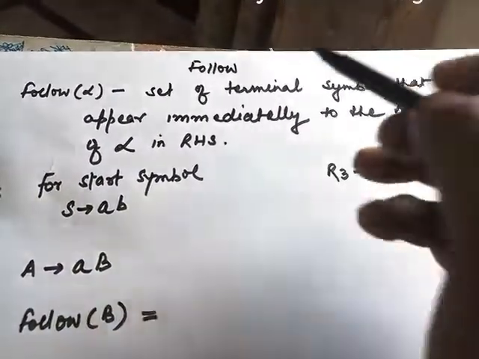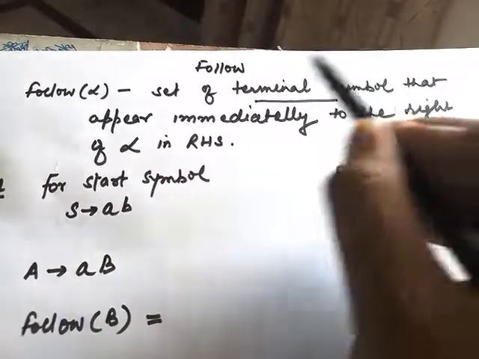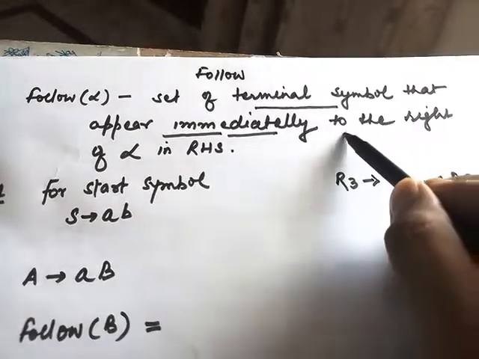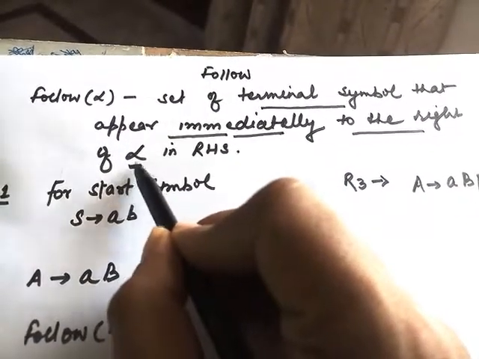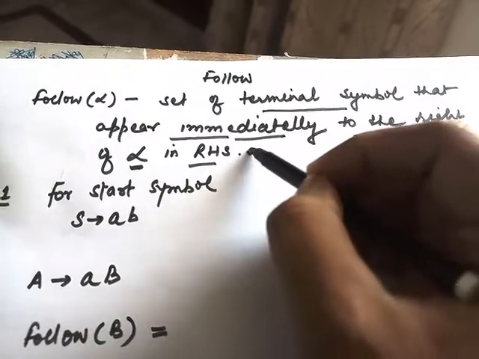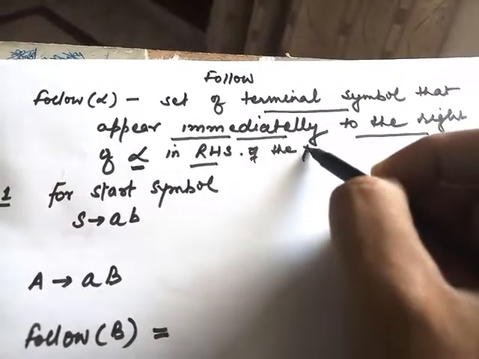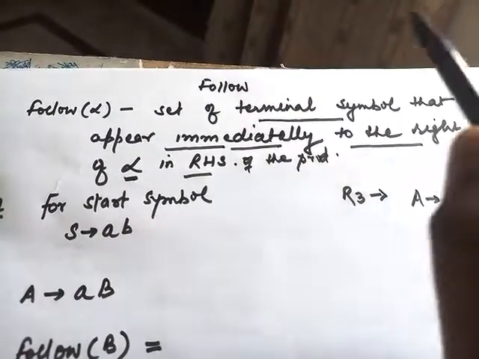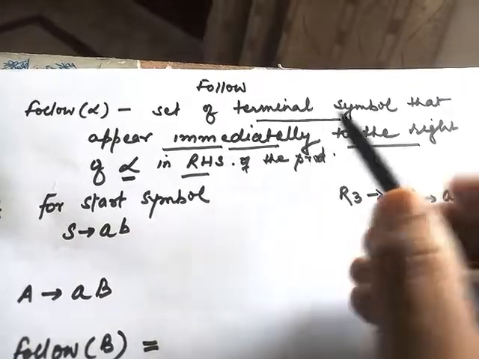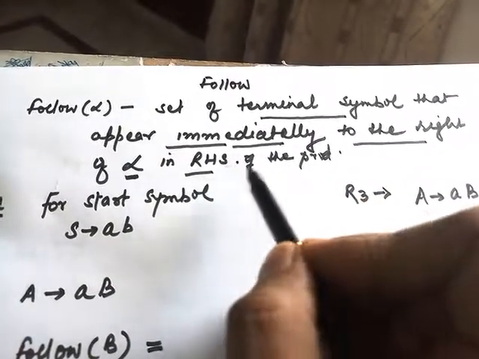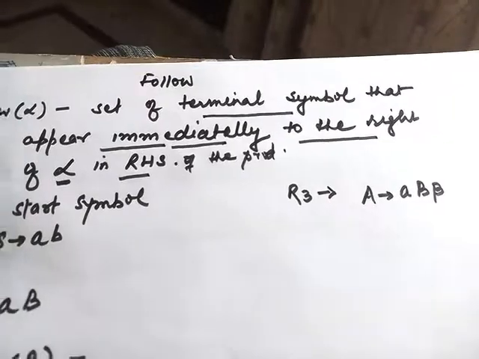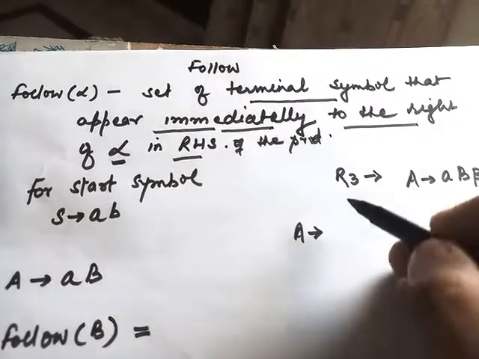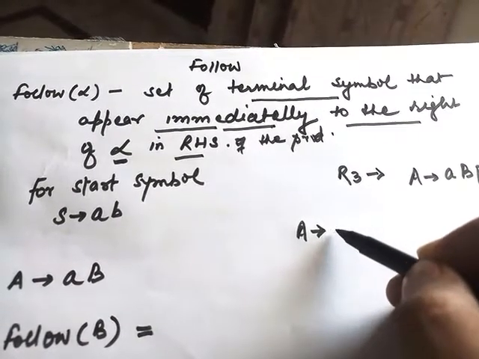Follow says that the set of terminal symbols that appear immediately to the right of alpha in the right hand side of the production. Meaning that, suppose you have this: